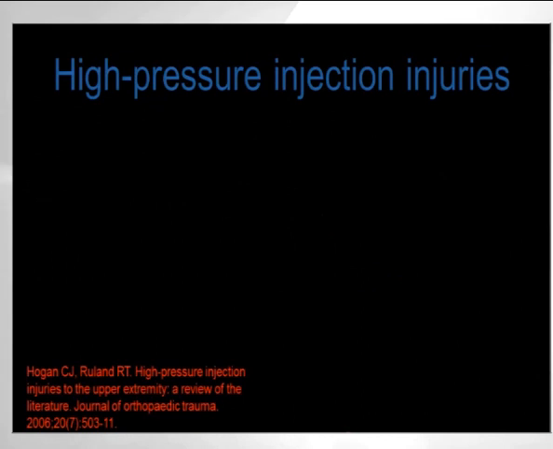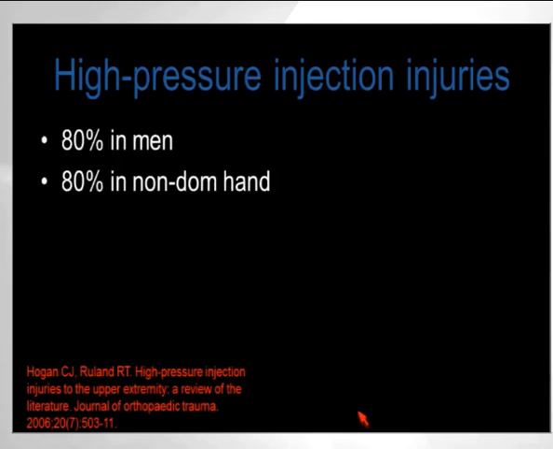High pressure injection injuries are usually seen in men. They usually occur in the non-dominant hand, and unfortunately up to 30% of these injuries require some sort of operation. Because the surface injury or the skin defect that is associated with these injuries,